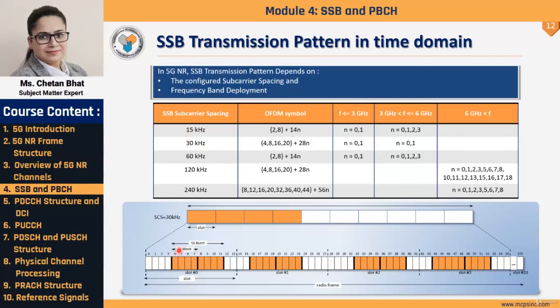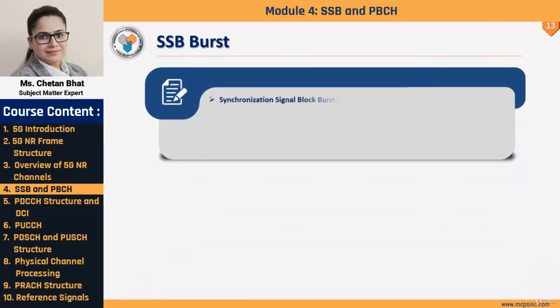Okay, so if you look here, we have the SSB block in which we have 4 symbols, and these 4 symbols will be carrying the information about the PBCH, PSS, SSS. So this is one SS block and this is another SS block, and combining these 2 blocks we have an SS burst, or synchronization signal burst. So we have 1, 2, 3 and 4 bursts over here. Now let's see the concept of burst in the next slide.